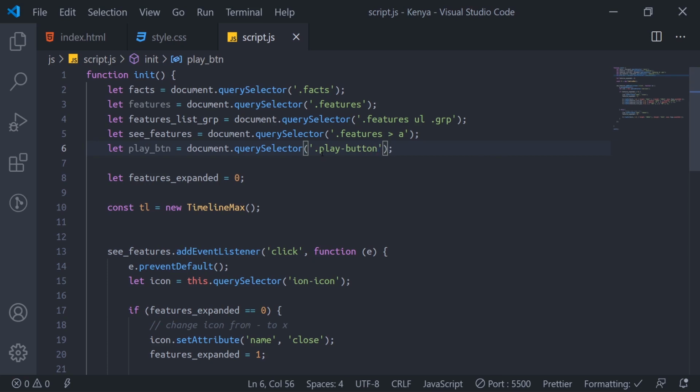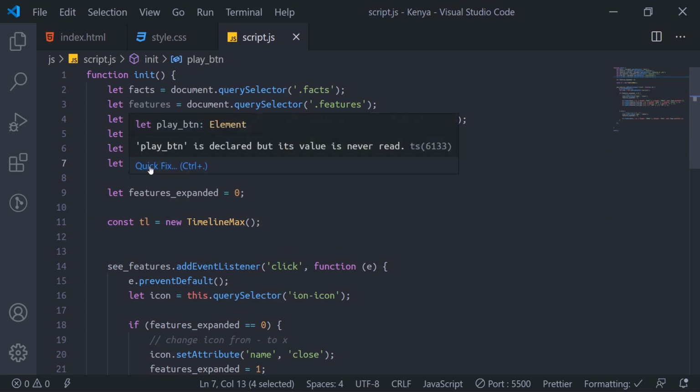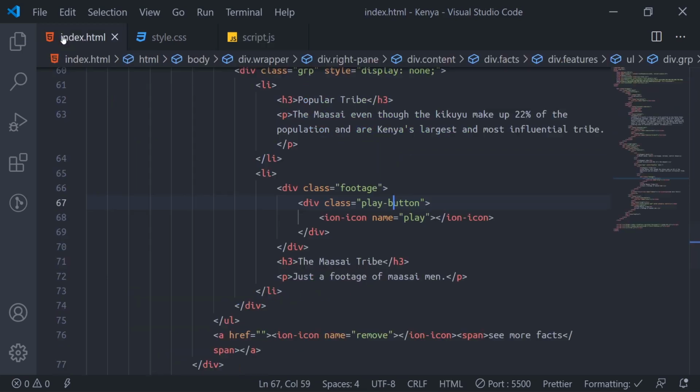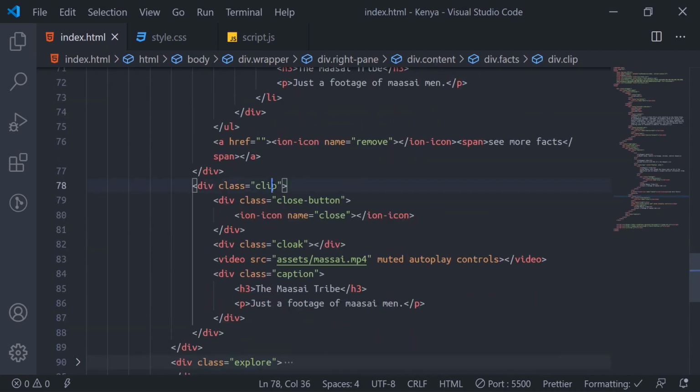Then we'll target the close button. We'll just target all the things there. Then we'll target this clip.